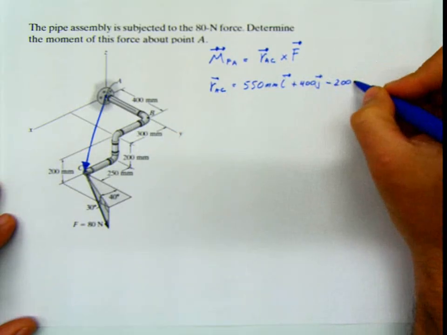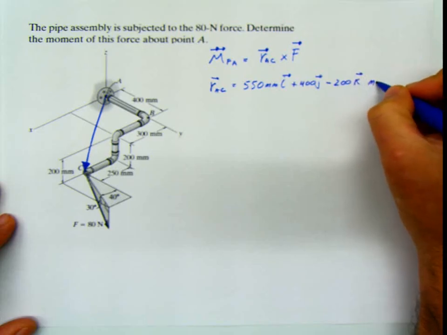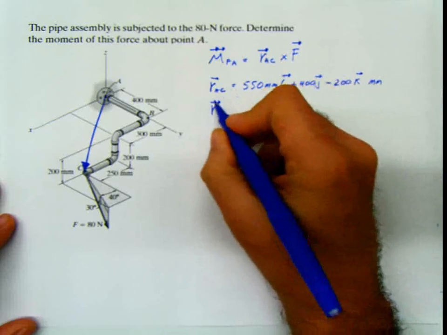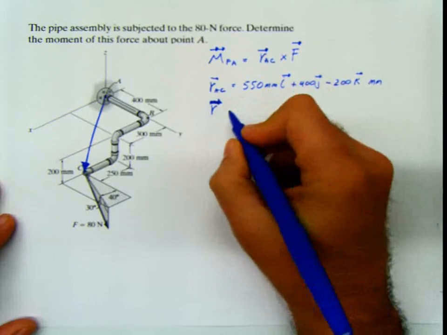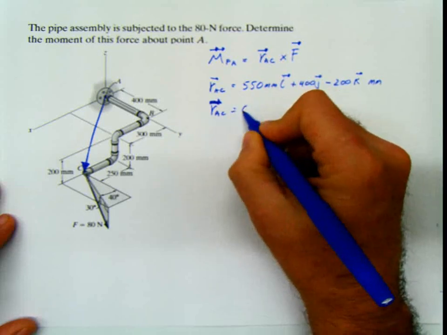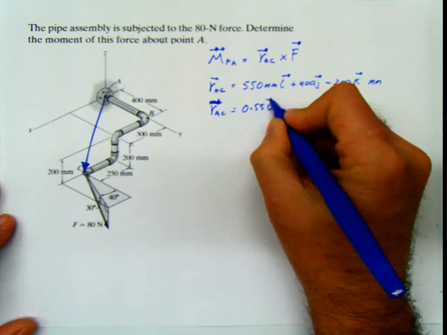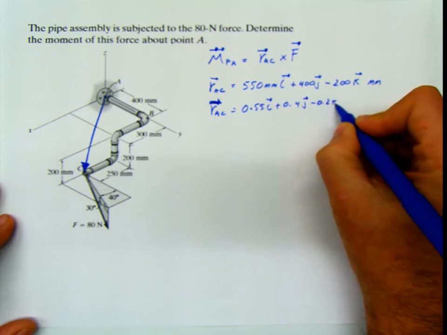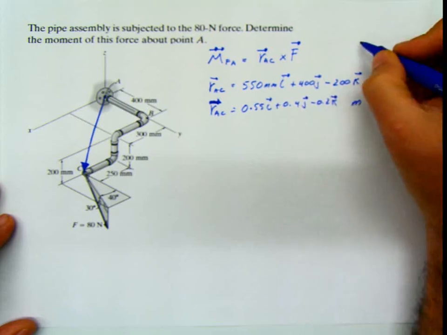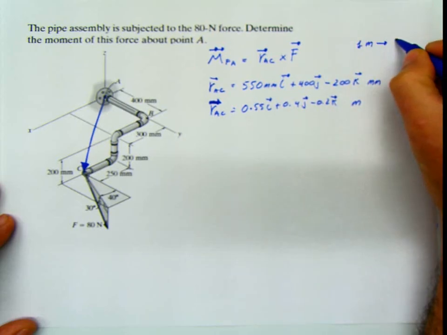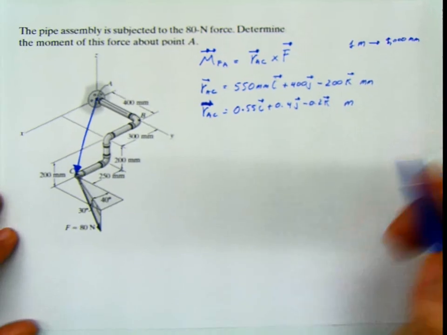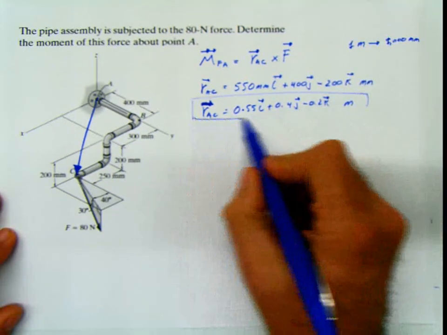And this is also millimeters, so everything is in millimeters. Or if I want to express this in meters, then RAC is going to be equal to 0.55 i plus 0.4 j minus 0.2 k, and this is going to be in meters. Remember that 1 meter is equivalent to 1,000 millimeters. So we have our vector arm,